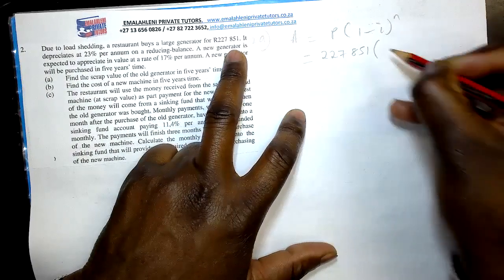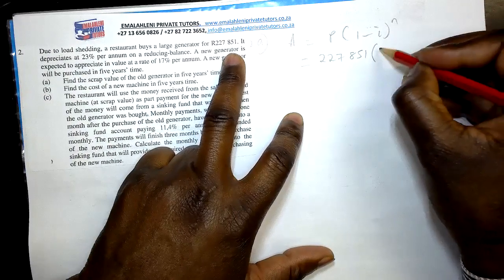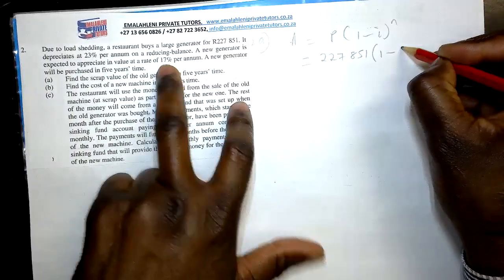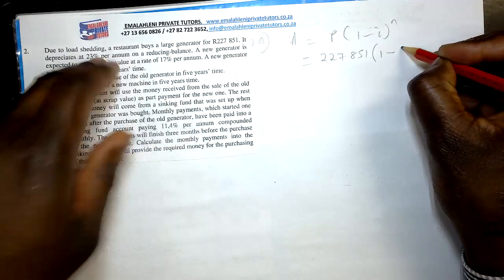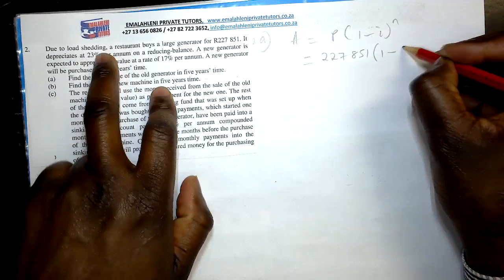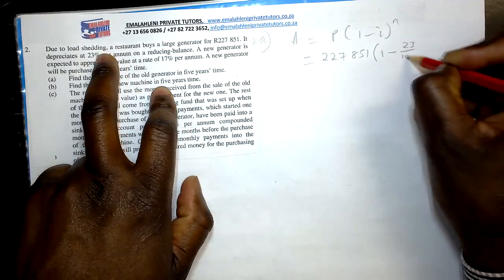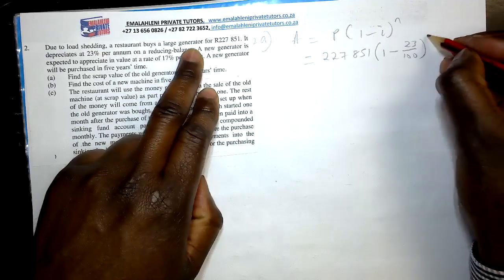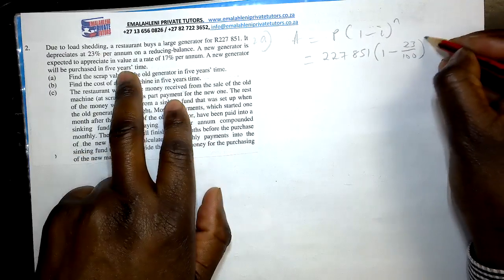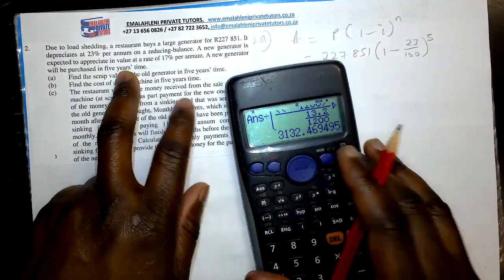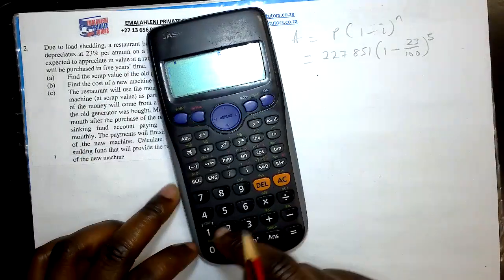227,851, open the bracket, 1 minus, what is our I? The depreciation. To find the scrap value, we're using 23 over 100 to the power of N. What is our N? Our N is 5, 5 years. There's no compounding monthly, it's compounding yearly. So it's going to be